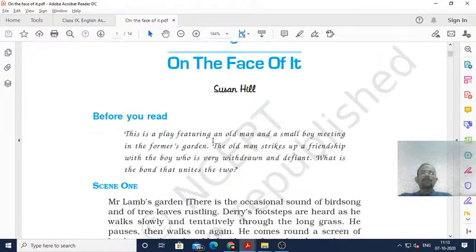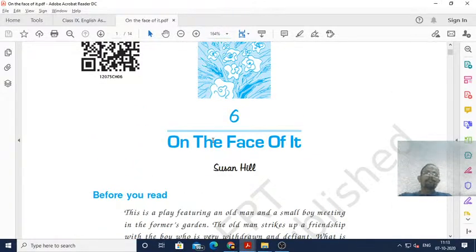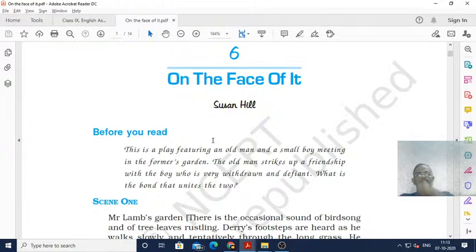On the Face of It is a very educative lesson because it gives us a valuable lesson of life: what we should do when we are bogged down by the ups and downs of life, when we are undergoing a bad patch or a bad phase of our life. This is a two-character play, because here you can find two characters in conversation with one another, and as I told you, it's an educative story. So let's find out what the story is all about.